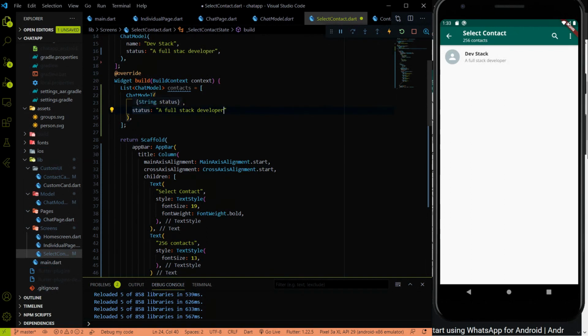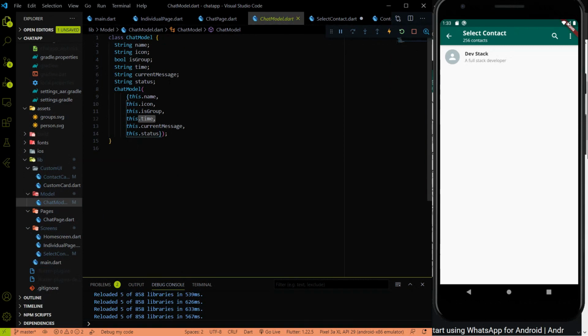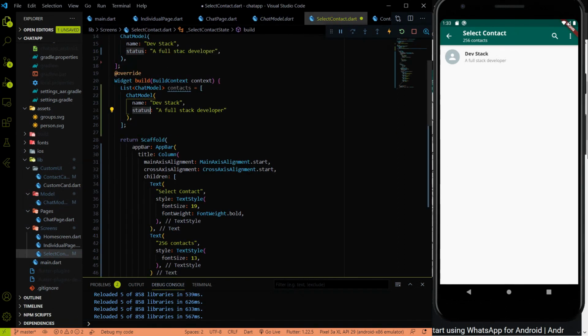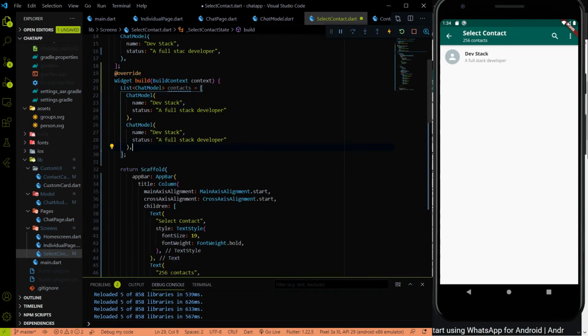Remember, in the last video, when we created the chat model, this status property was not there. That's why I added that status property on our chat model. So don't forget to add this status property on your chat model. Okay, and now the first model is created. Let me create a second model, the chat model, Balram, Flutter developer.